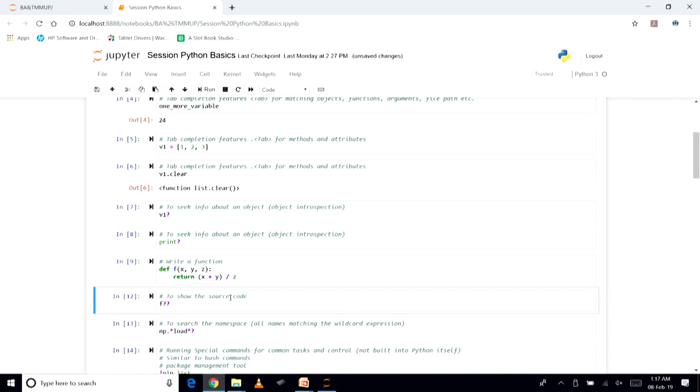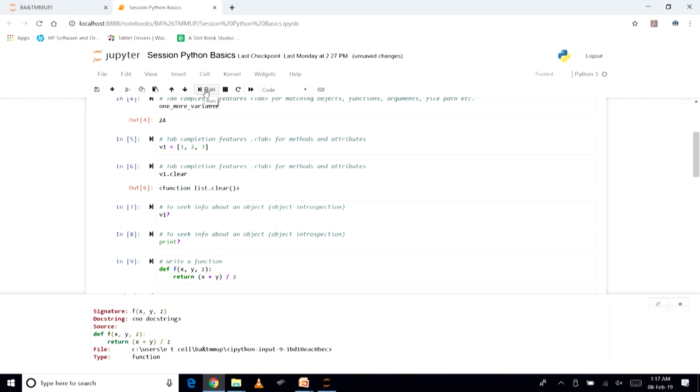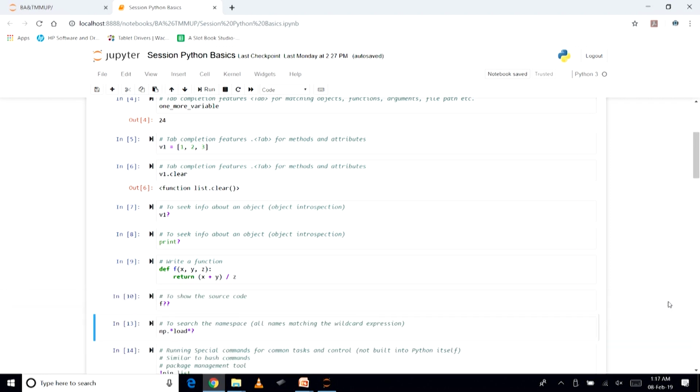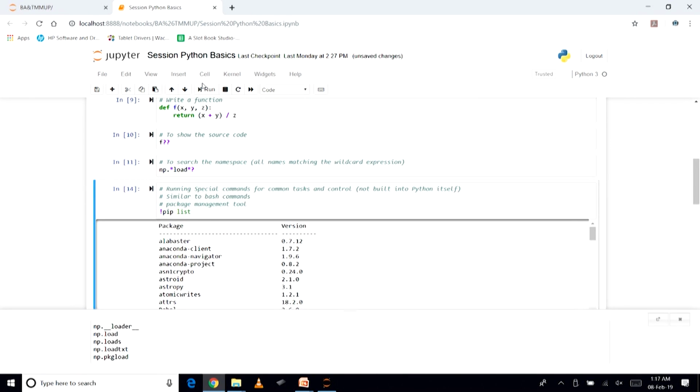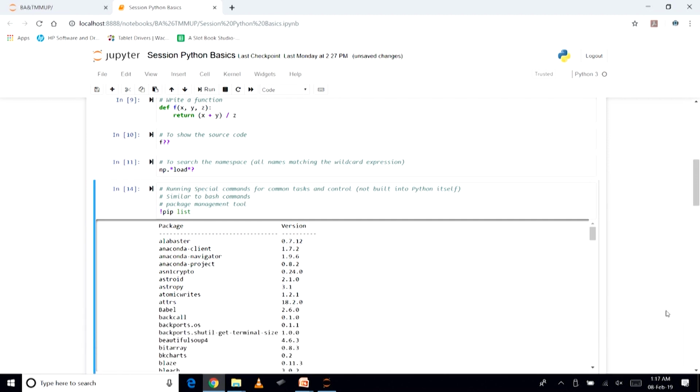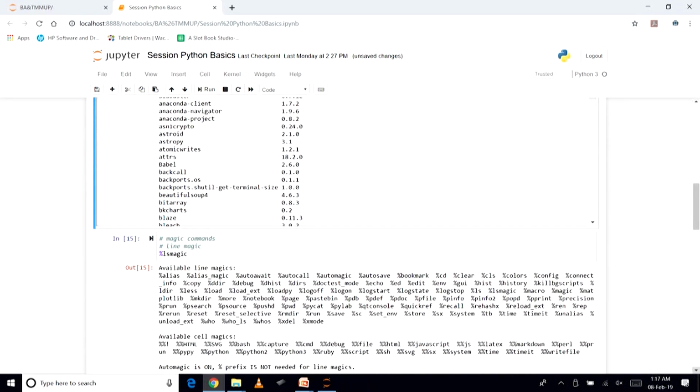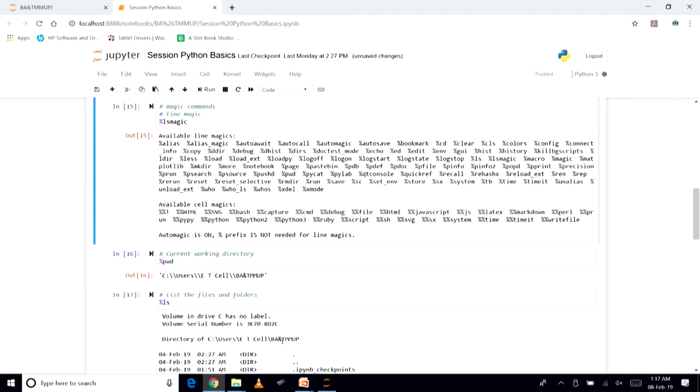If you want to display the source code, for example of this one, you can see it here. This part we have discussed in the previous lecture. Now, if you want to search the namespace, this is how it can be done. Let us move forward. Now, we talked about magic commands, such as lsmagic, which will display the available line magics and cell magics, as we have discussed before.